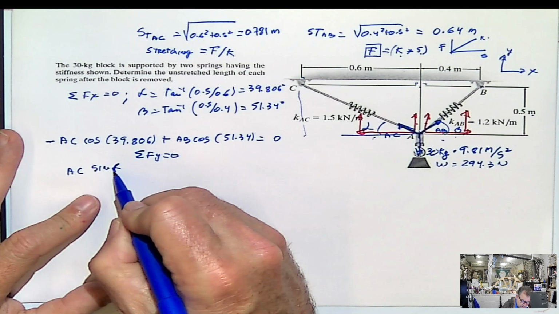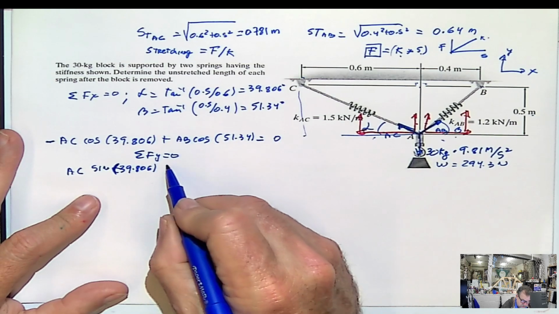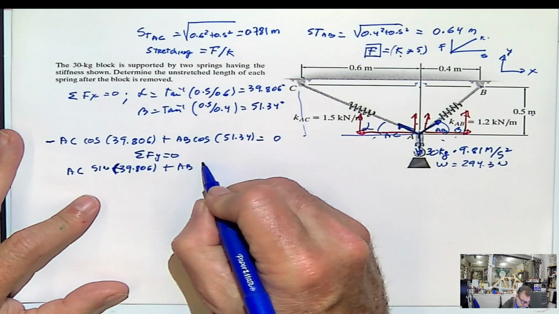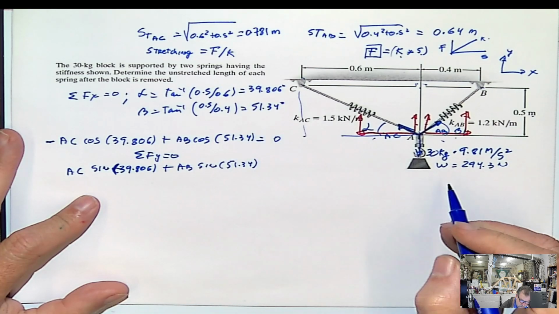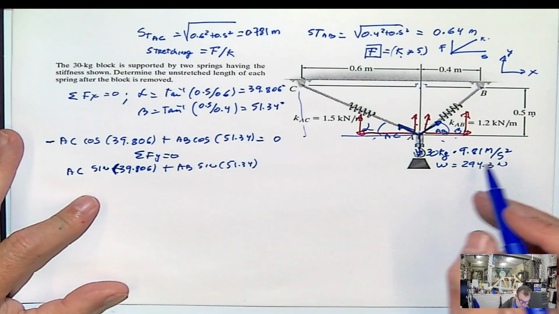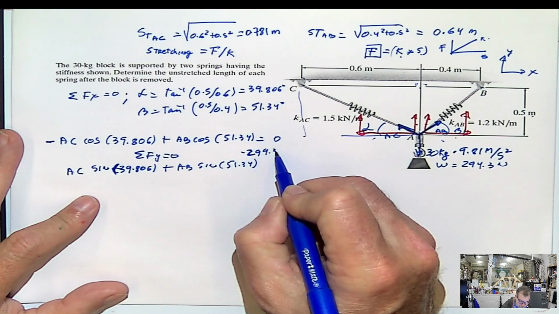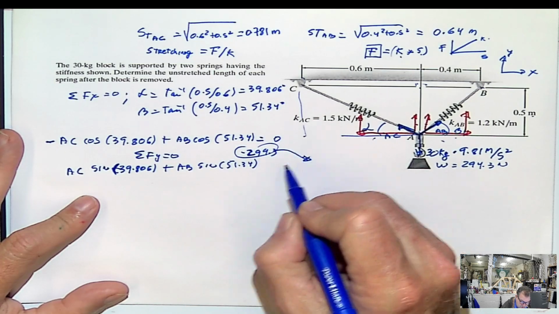But alpha, we said that it was 39.806, plus AB sine beta minus 294.3 equals 0. But I'm going to pass this to the other side of the equation,